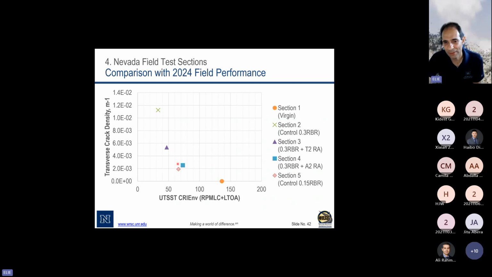These two over here, this is the A2 aromatic with the 30%. And then the next one is basically the control with the 15%. Pretty much like what the lab is telling us. And this is basically with the tall oil, and this is no recycling agents at all. Again, you have a beautiful correlation that is consistent with what we've seen on the mineral.